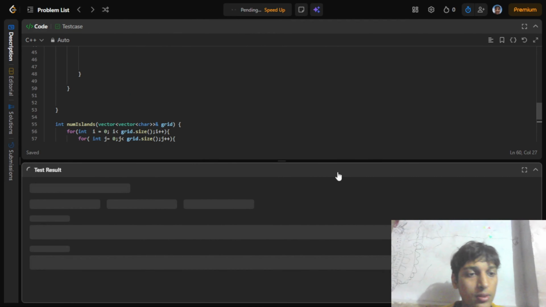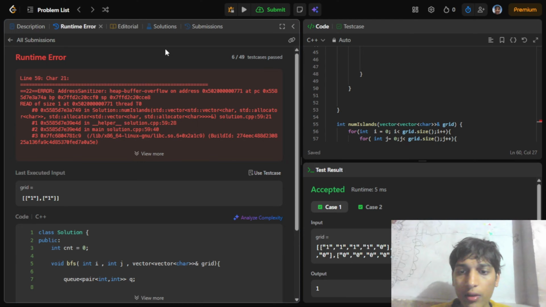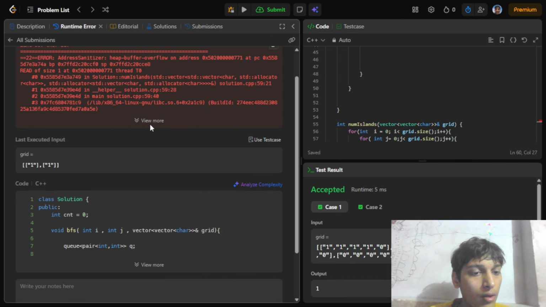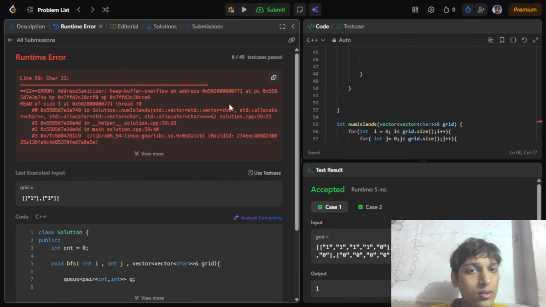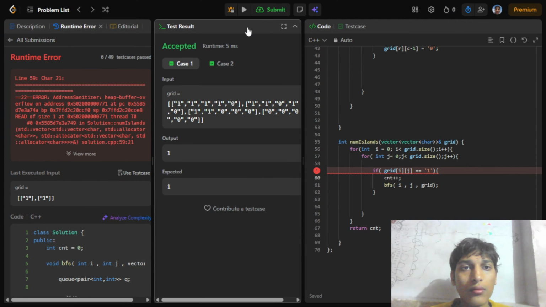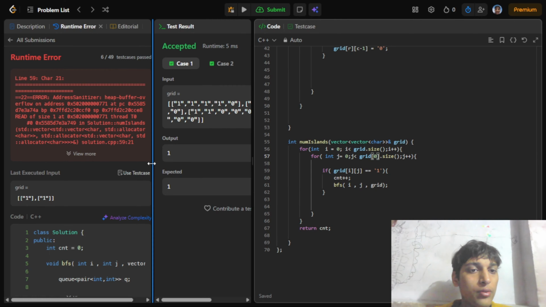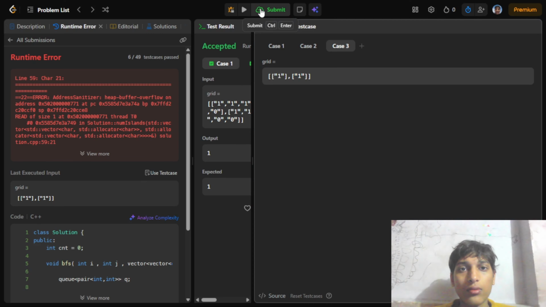Let's submit this. Okay, it is accepted. Another thing I have done. Let's submit this, and definitely it will submit. Okay, runtime error. What does that mean? What am I doing? So the error is that for the j column we need a 0 here. I think we need to use this test case. And now try to run it.